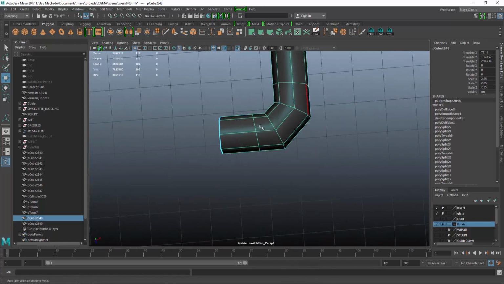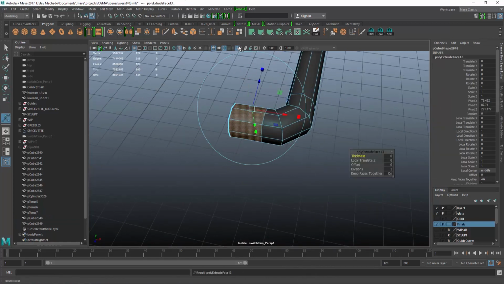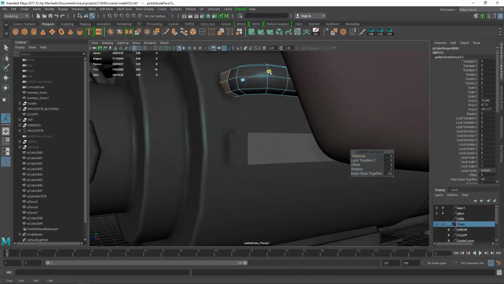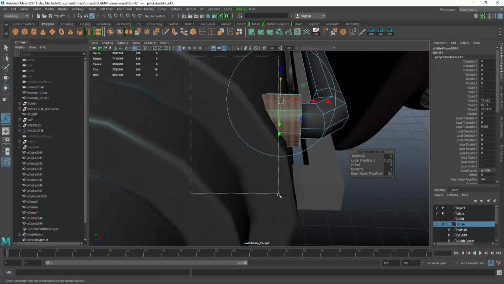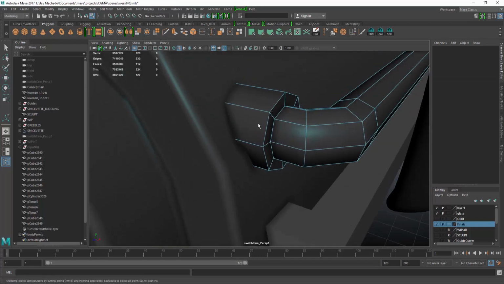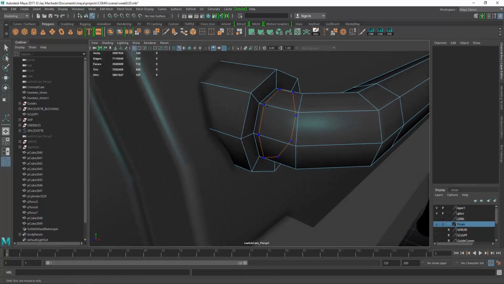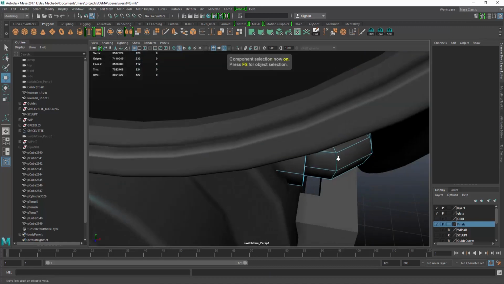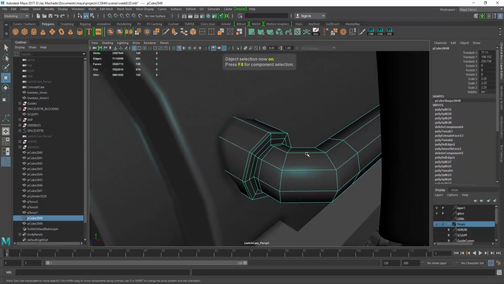I'll straighten this edge out and maybe move it a little bit, and then I'll, oops, wrong axis. I'll drag these faces out and delete the faces on the end, and then just drop in some edge loops here. So Maya sometimes does this thing where it won't display the edge loops I've done. I don't know why it does that, but it's been doing it lately. Not sure. But anyway, now that I've got that piece modeled in,